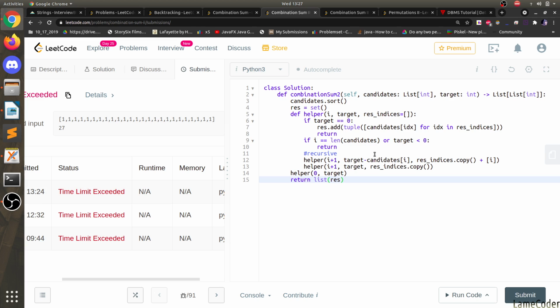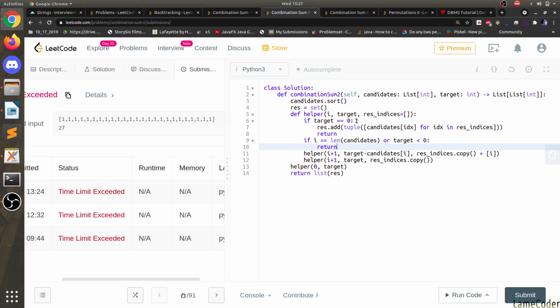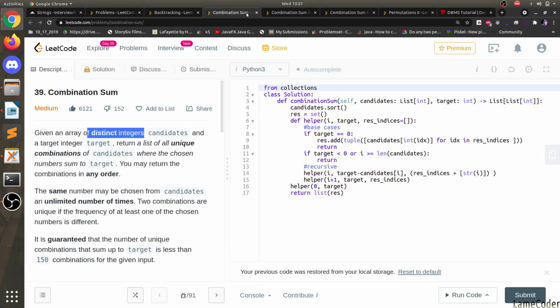So to code it, what are the changes that we have to make? This will be the same. If target is equal to 0, then we don't need to add a tuple to it, because it will already give me the real solution. Here we can also opt out of the tuple if we have sorted the array, because it is going to give me always